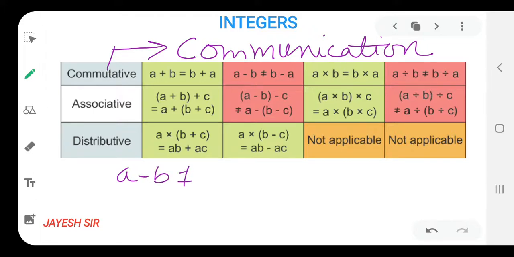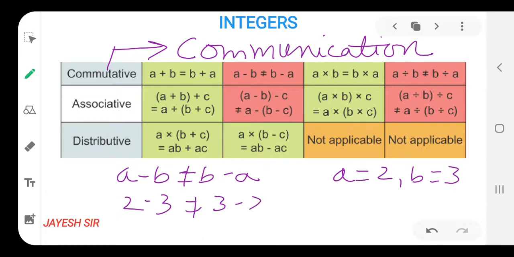That's why it is not equal to this. As we already took, the value of A is 2 and B is 3. So we put 2 minus 3 is not equal to 3 minus 2. 2 minus 3, our answer would be minus 1, which is not equal to 3 minus 2, that means 1. In this communication, only A will speak, only you will speak. But in the second part, only B will speak. That cannot form a good communication, because if only one person speaks, then there is no communication. I hope you all are getting it, and that's very easy.